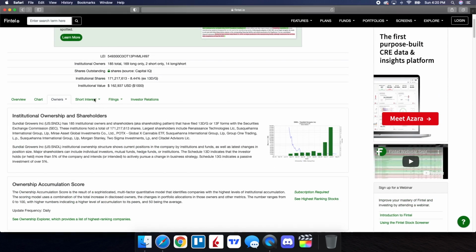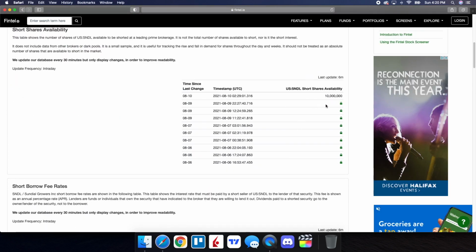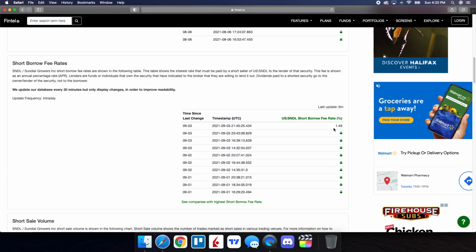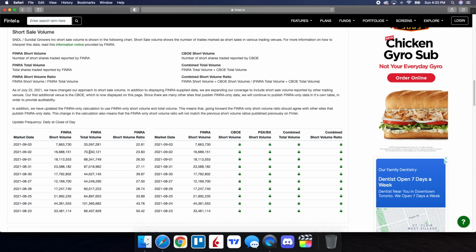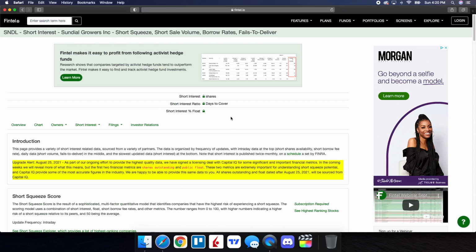Now, when we take a look at the short interest information, scrolling down on the page, you can see the short shares availability is at 10 million, updated 6 minutes ago. And the short borrow fee rate is at 1.49%. When we take a look at the history of the short volume ratio, we can see the close of the first was at 26.50, the close for the second was at 23.83, and the close for Friday was at 22.81. So it is on a downtrend there,